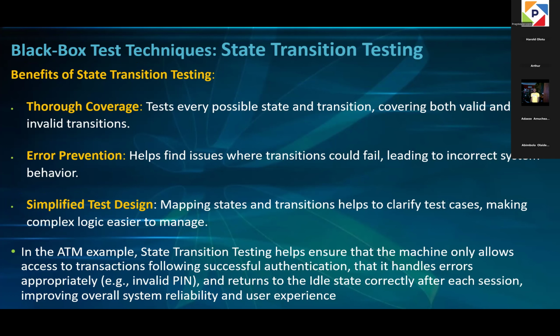So white box testing is also commonly used to validate that internal operations work as expected and handle errors appropriately. Okay? So let's move forward. White box test techniques come in 3 different scenarios. And these are the scenarios: statement testing and statement coverage, branch testing and branch coverage, and also path testing. Okay, so we are not going to go deep into white box testing because